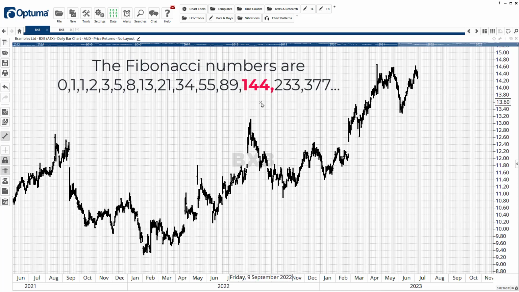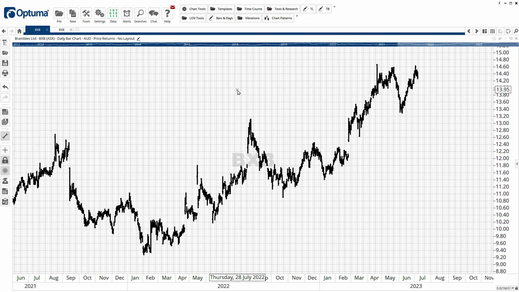Now, in the fabulous software package Optima, there's several ways of doing this. I'm just going to be using the time price measure tool because that's the quickest and the easiest way for me to show you in a brief example like this. But if I simply take a time count, and if I take it from the significant low, which occurred here in October 2022, and I bring that up to the double top high, which occurred up through here,